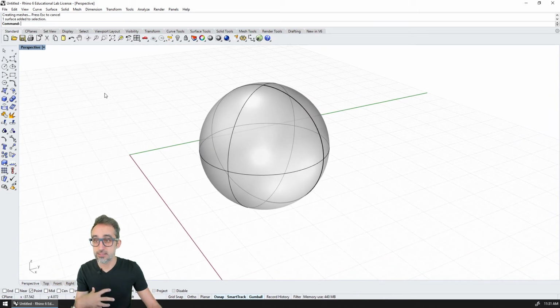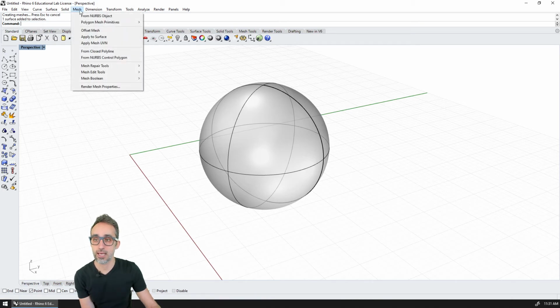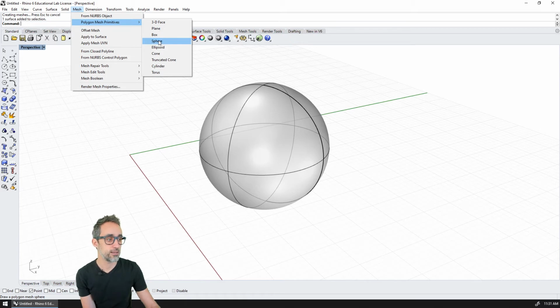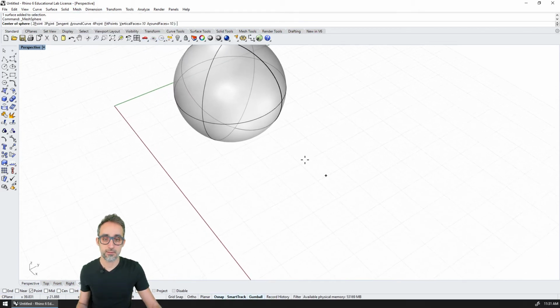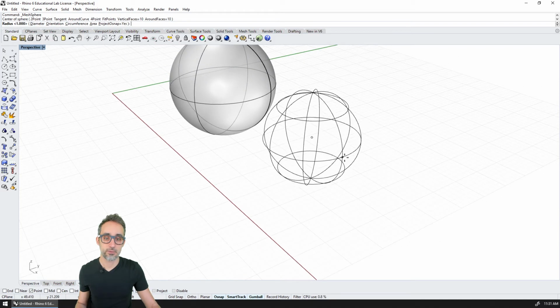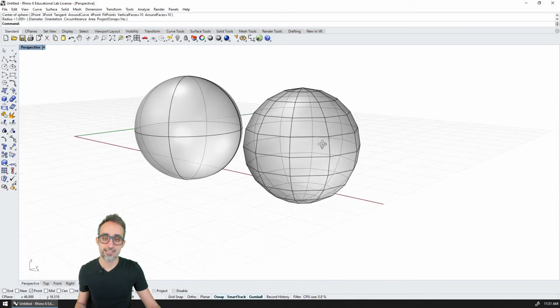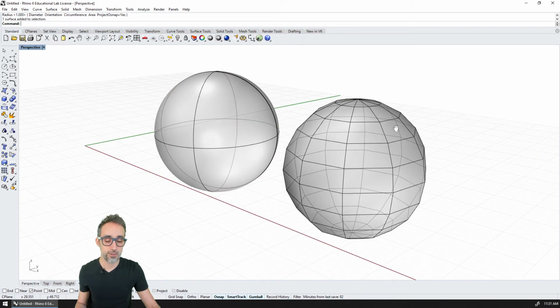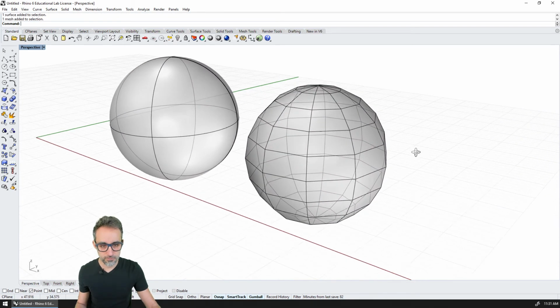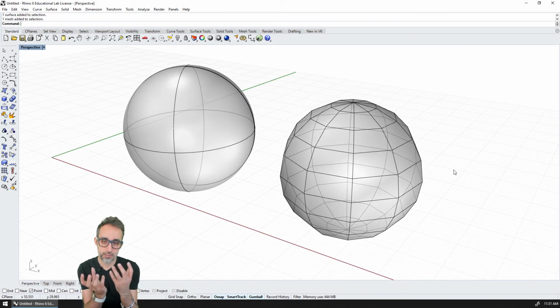If, for instance, I were to create a mesh, let's create a sphere that is a primitive, and I'm going to create it here, right? And I'm going to do the same thing. You can see that if instead of using a brep object I create a mesh, then it turns out that the quality and the nature of the two geometries is very different.